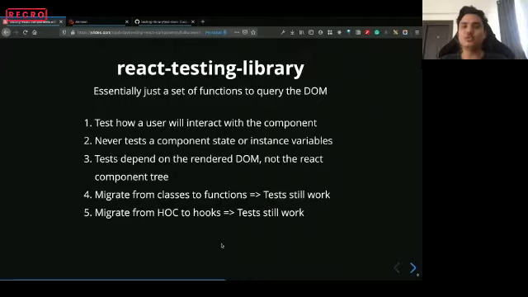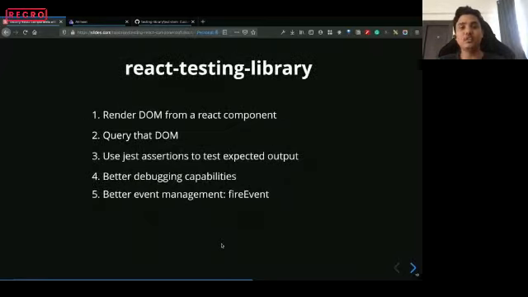But if you were using React testing library's approach, you will not have to update your test cases while migrating. This holds true when you're migrating your HOCs to hooks, or you're migrating your JavaScript code to TypeScript, and you're doing all of the other migrations, because at the end, how your user interacts with the components, how a user expects your component to behave remains the same. This is the core principle of this React testing library.